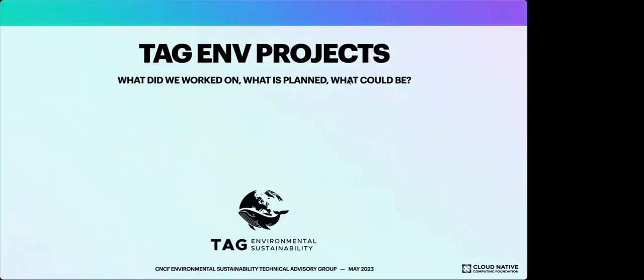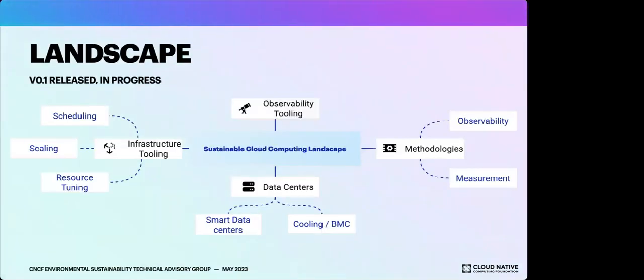And then to the projects. So this is a longer part. The first one is we've been working on the landscape document. This is quite a long document. It's also available on the website now. And this is a first 0.1 version, which means that we know there are quite a few gaps in this document. But as an overview, you can see here this organizational chart, this mind map.